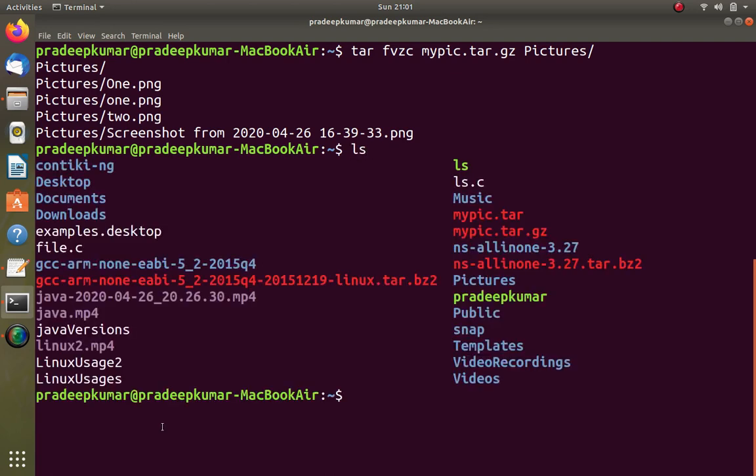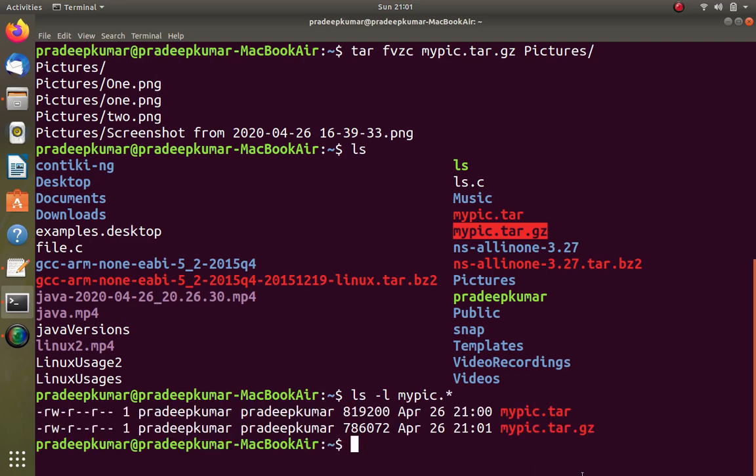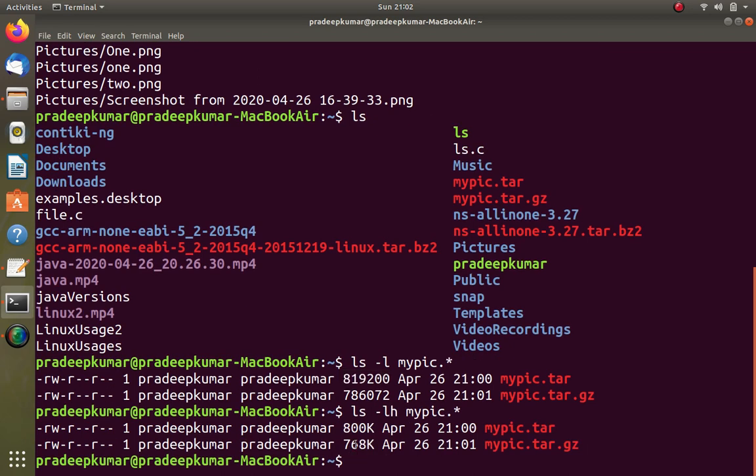Now you can see that we have 2 files. One is the tar we already did, and now tar.gz is done. Now ls -l on mypic. Just see both the files. The gz has lesser size, whereas the tar has good compression. Maybe I'll use ls -lh. You can see 768 kilobytes here, and 800 kilobytes here.